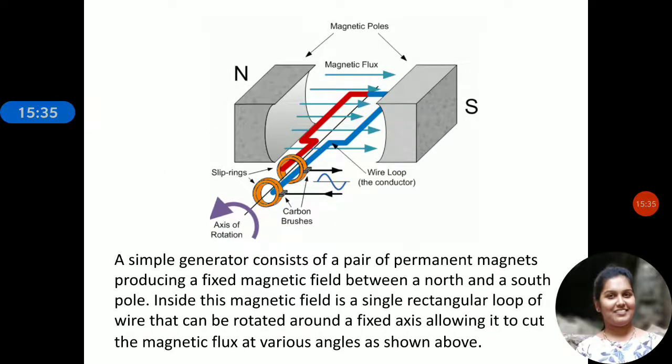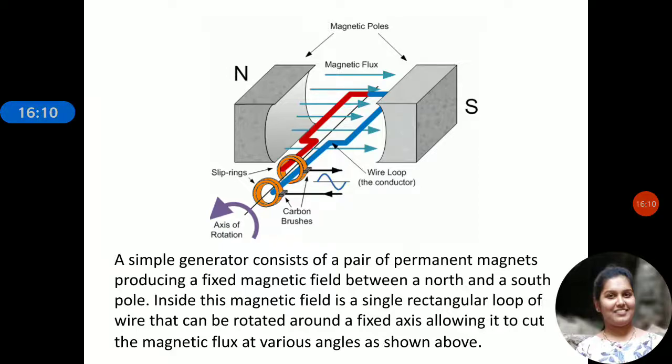Coming to the diagram of an AC generator, we can clearly see two poles, one is the north pole and the other the south pole. These poles are of a horseshoe type. In order to induce more magnetic lines of flux, and to maintain proper magnetic permeability, the north pole and south pole are cut in the form of a horseshoe.